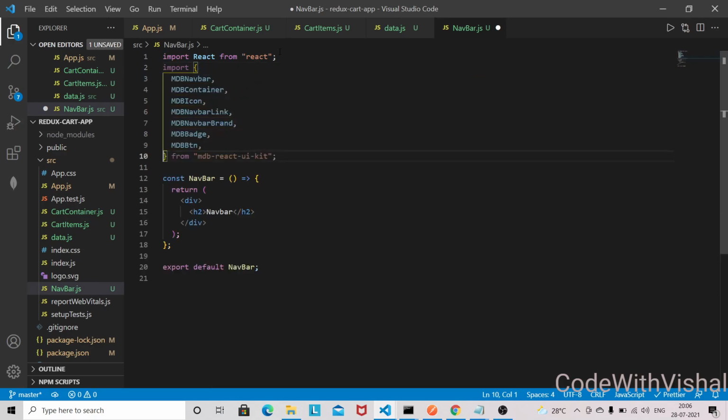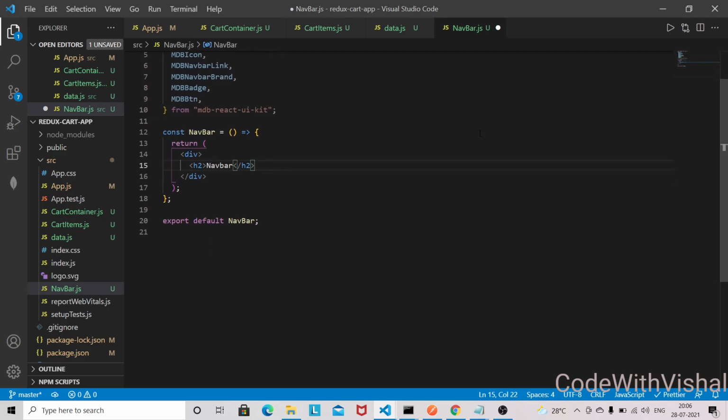So we have imported all the necessary components from our Material Design Bootstrap, and we have to work on this UI part.